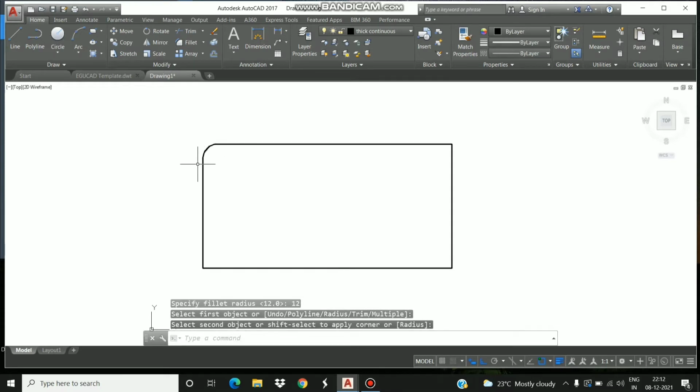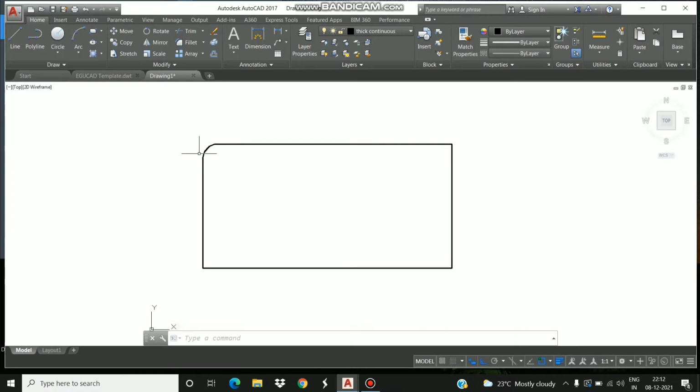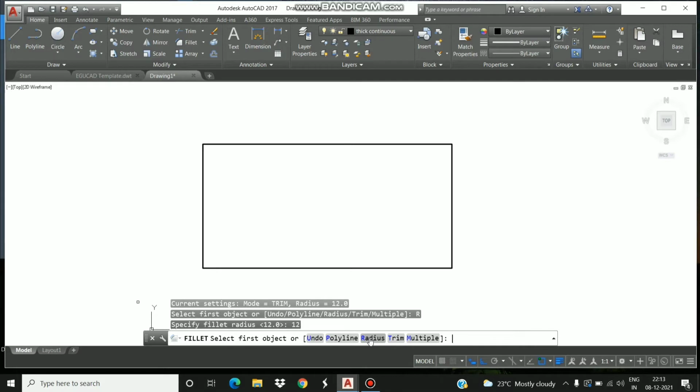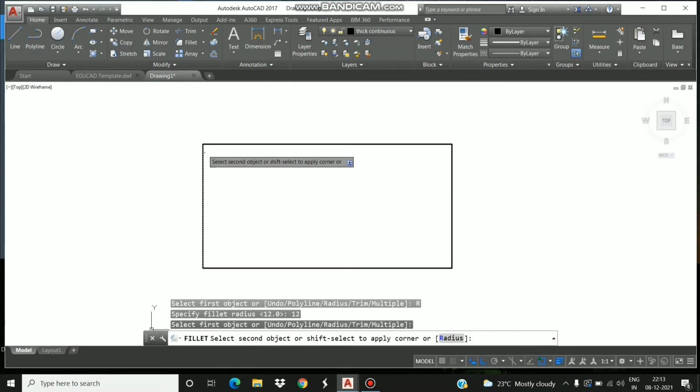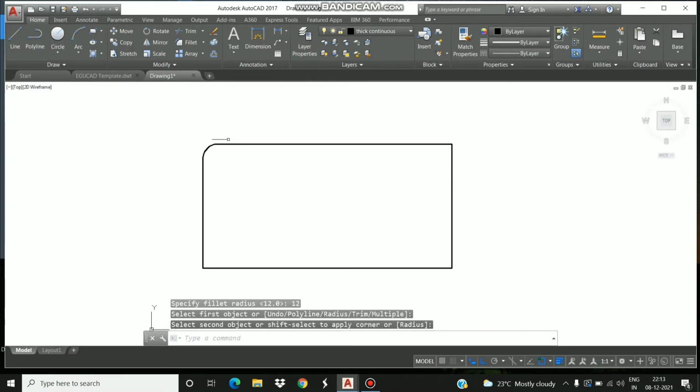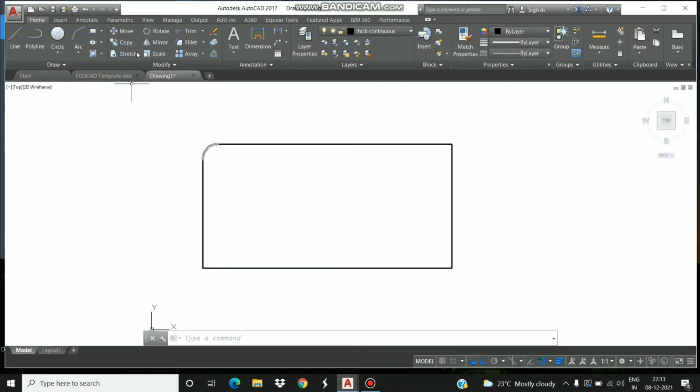You can see the sharp edges are converted into the curves or the round edges. Right, here were the sharp edges. So this is the method of using the radius option. Again, I am repeating it. Select the fillet command, click on the radius, right? Type 12 in the command box, enter. You can choose any radius which is given in the question. I have chosen 12 for example. Then select the first line, click on the second line. So the sharp edges are converted into the round edges. I think this first method is clear.